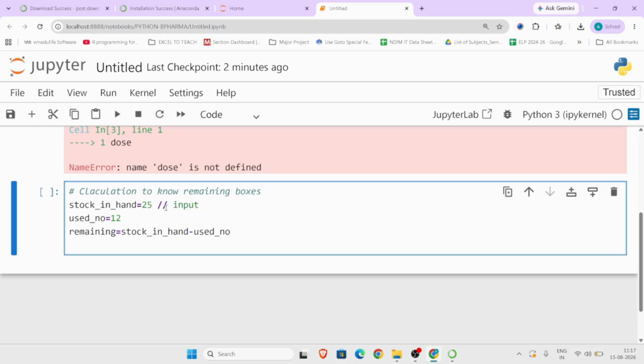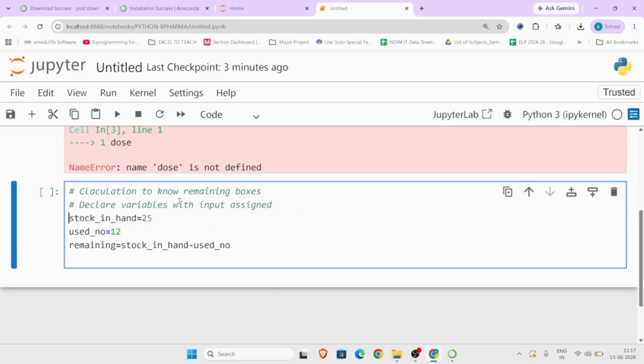First of all you have to declare variables with input value assigned, because right now we are not taking input from someone else, we are assigning the input. So this is also input.